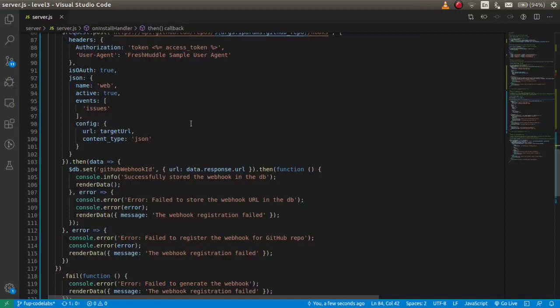But how do you do it? This URL is generated, and there is no way that you know what the URL is once it is generated. You generate it and then you post it to GitHub, and then you don't know what it is. When it comes time to deregister the webhook, you don't know which webhook it is. You might have multiple apps and multiple webhooks, so you don't know which webhook to deregister. So that is why we store the webhook